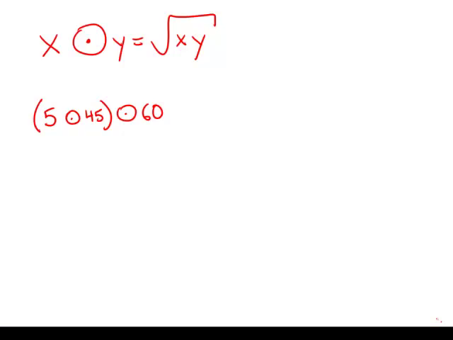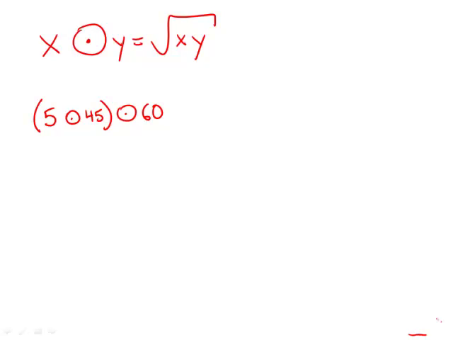If the operation circle dot, I'm not exactly sure what to call it, so I'll call it circle dot, is defined by x circle dot y equals the square root of xy for all positive x and y, then they want us to evaluate this expression. Well, first of all, we need to evaluate this part first because order of operations still holds and parentheses take